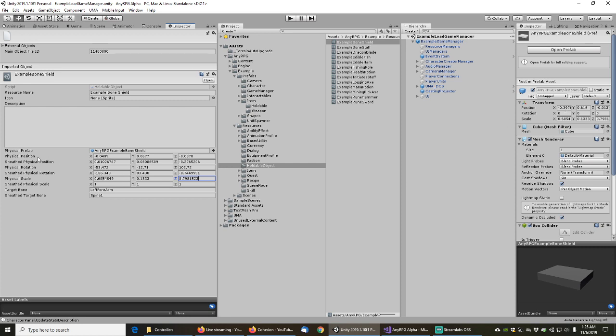Wait. Yeah, we'll deal with the rotation stuff later. Because everything pretty, you know what? Yeah, we'll just do that. Physical rotation should be good. Okay, and then we want the